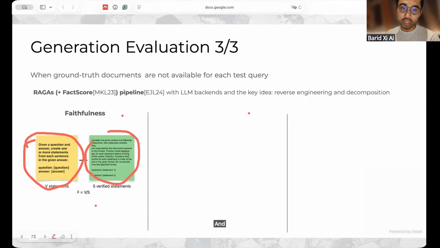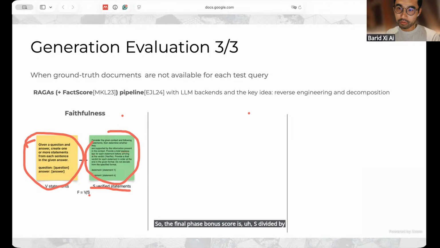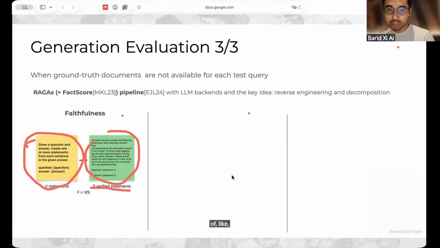And then they get S verified statements. And finally, the faithfulness score. Oh, sorry, this should be S divided by V. So the final faithfulness score is S divided by V. I guess this is a very good way, because we don't have to use the ground truth documents. And secondly, we can think about